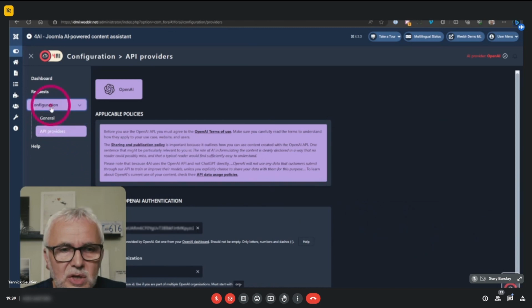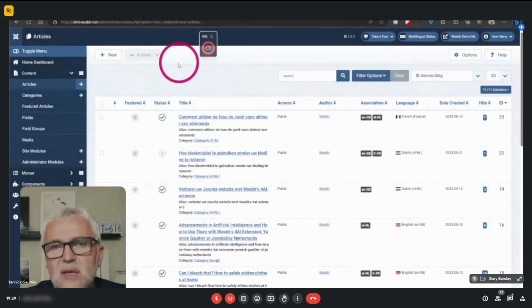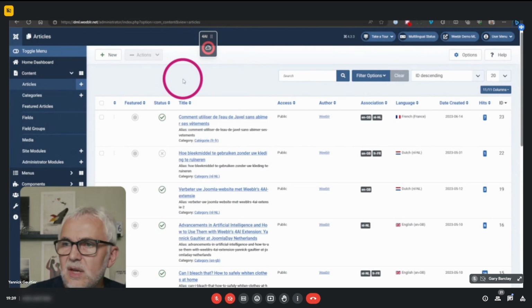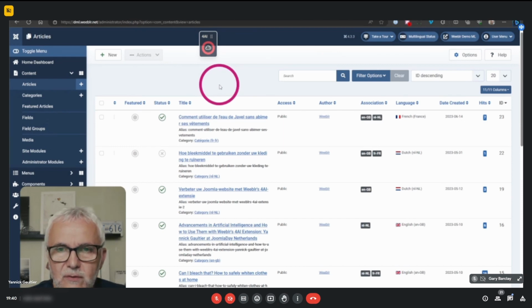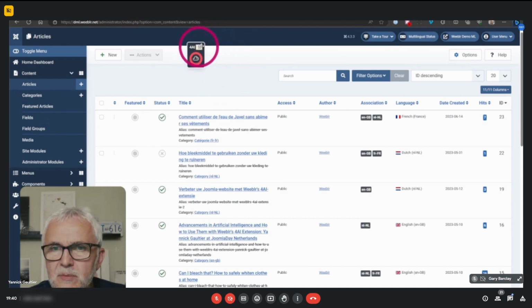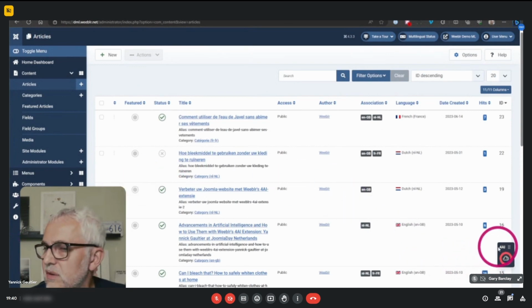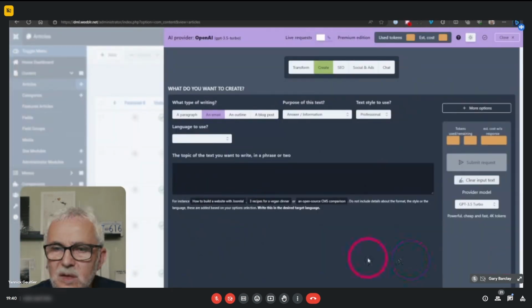Okay, so essentially you're not going to be using the component. What you're going to be using is pretty much anywhere else within Joomla. So I'm here on the list of articles on the Joomla 4 website. It works the same on Joomla 3 actually. And when 4AI is enabled, you're going to see this little icon that's available. You can put it anywhere you like. It's behind me actually, so I'm going to put it here. Whenever you see that, you can click and it will open. You have a short keyboard shortcut for that.